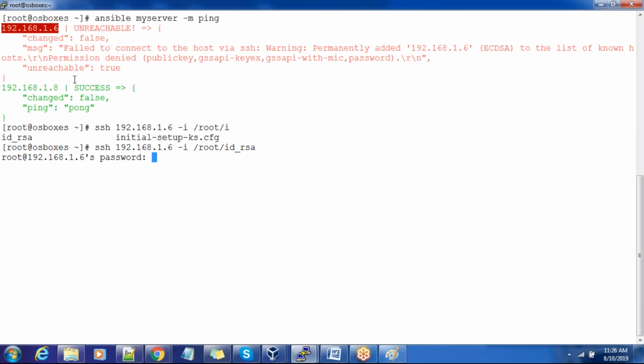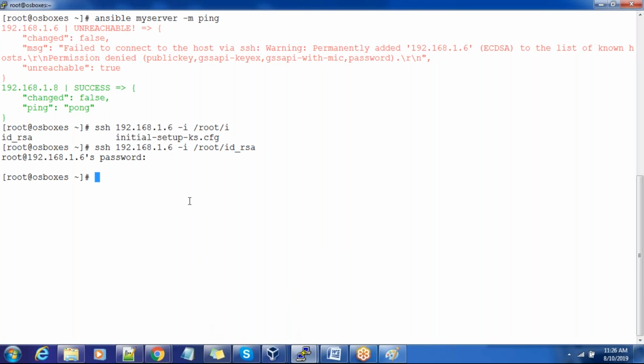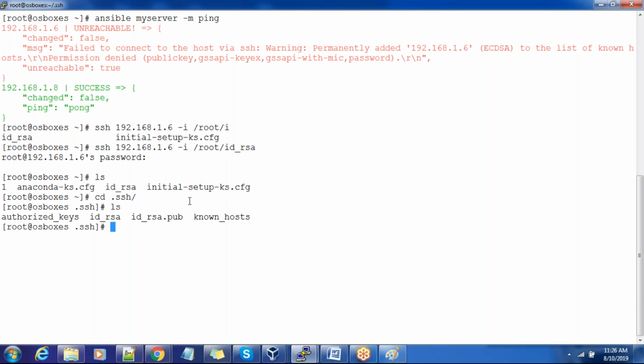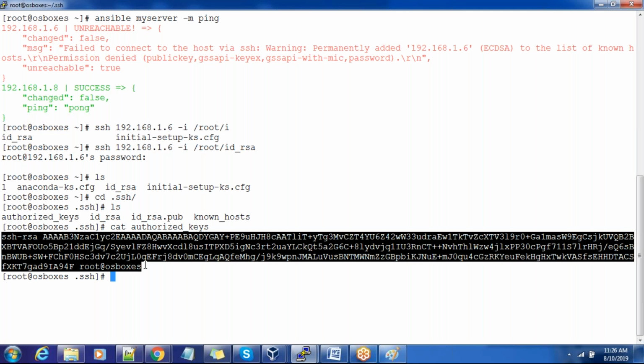So it should work, but this won't work because it's asking for the password, because we have not enabled the passwordless authentication. So we just need that key file, the authorized key, available on the other machine. What we need is to copy this file to this machine, either by using SCP or